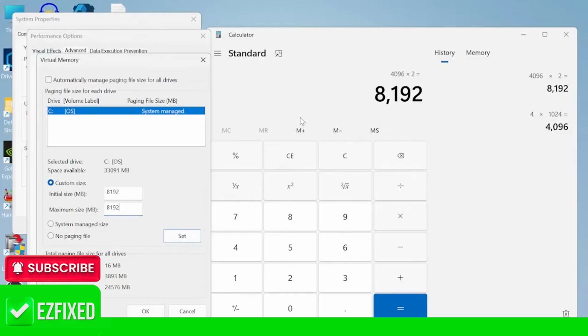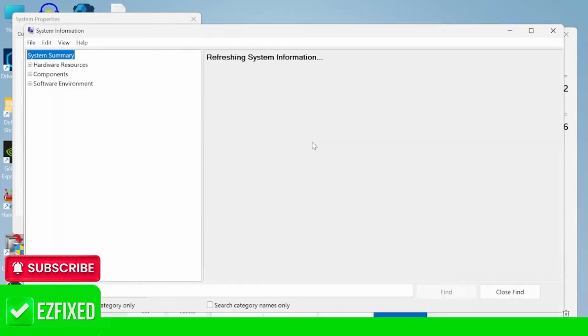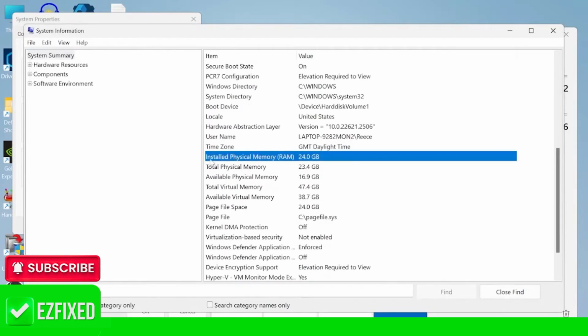Now, if you're unsure how much RAM your computer has, you can simply come over to the Start menu and search for System Information. Tap on the System Information tab, and then scroll down to the RAM section, and you'll see a section where it says Installed Physical Memory RAM. As you can see on my computer, I have 24 gigabytes of RAM installed,